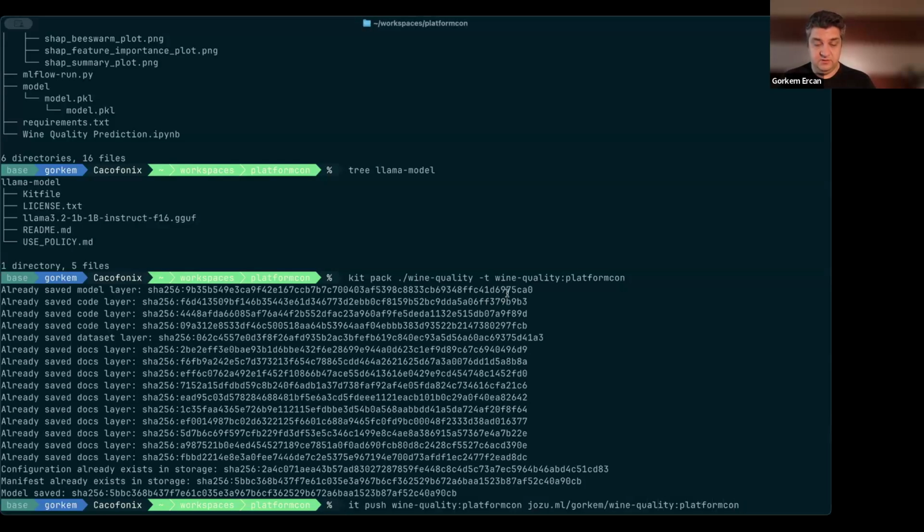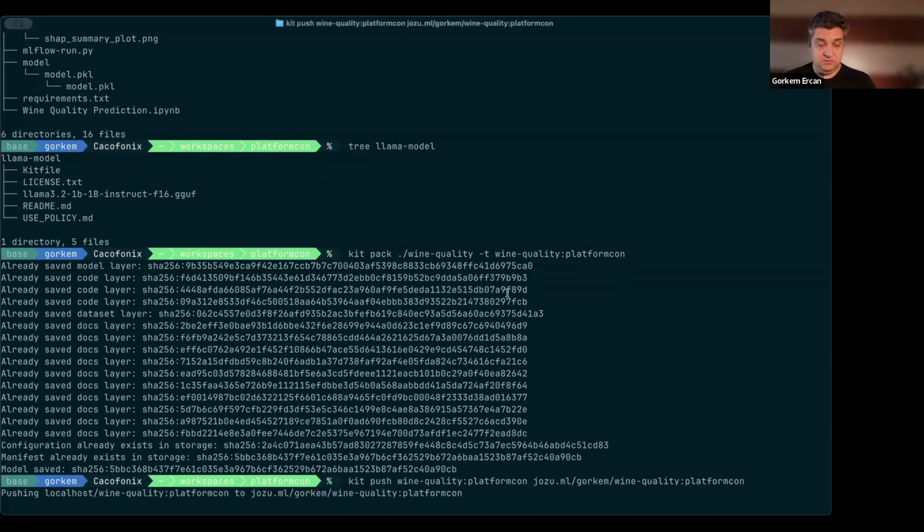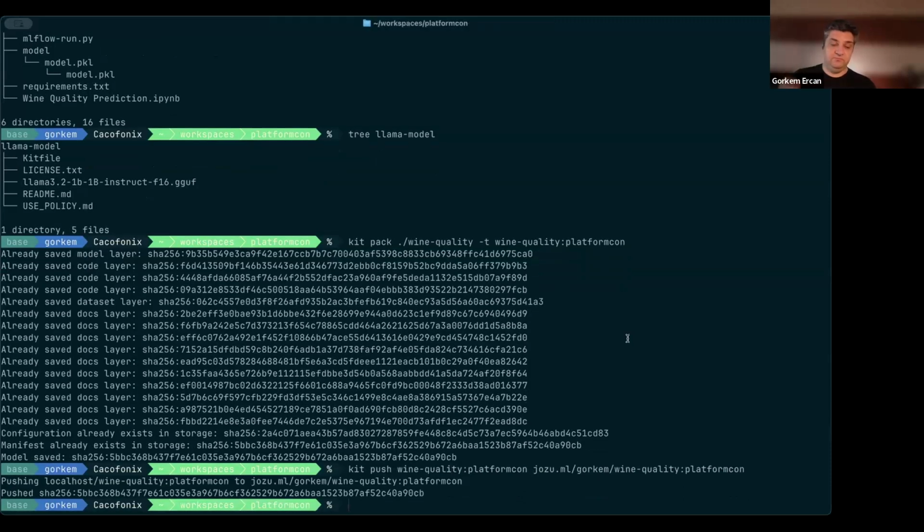Obviously I'm better at typing than copying and pasting. So now this is pushing the model kit we just packaged locally into the remote repository. Again, I'm using the jozu.ml Jozu Hub, but you can use any model registry at this point.